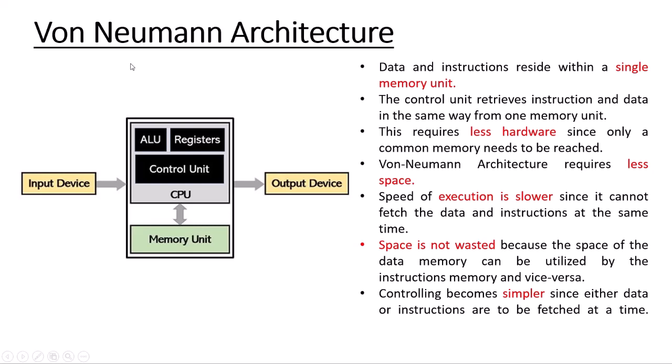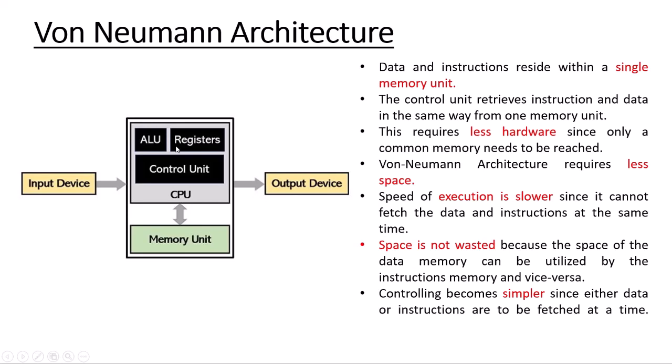So here you can see the diagram. There are three major components that constitute this architecture: CPU, memory, and I/O interface. The central processing unit is composed of the control unit, ALU, and registers. The control unit is responsible for generating control signals based on the order of executing the instructions. This means that control signals are provided to various components within the architecture for proper flow of information.